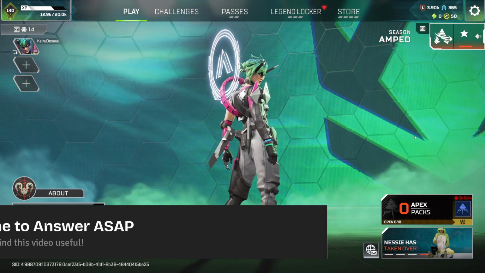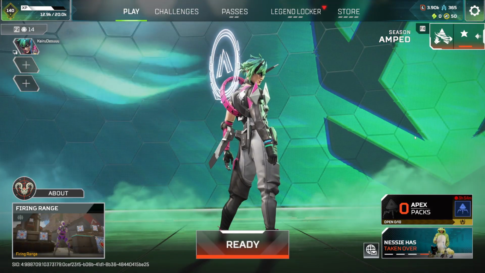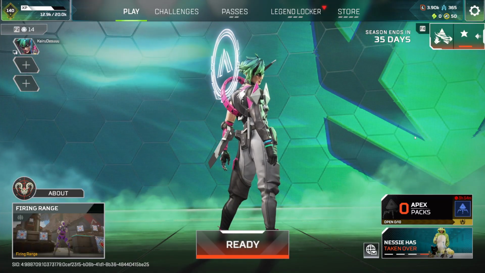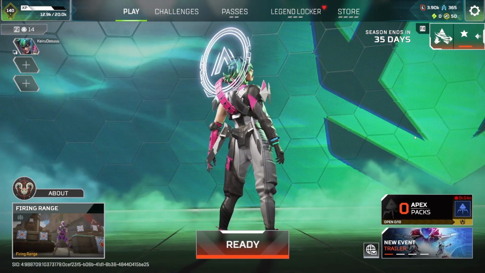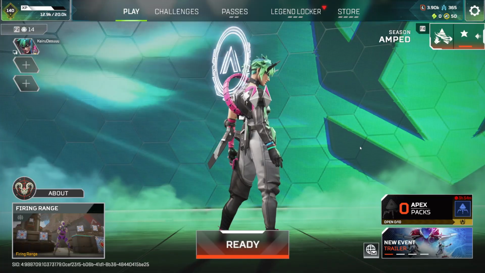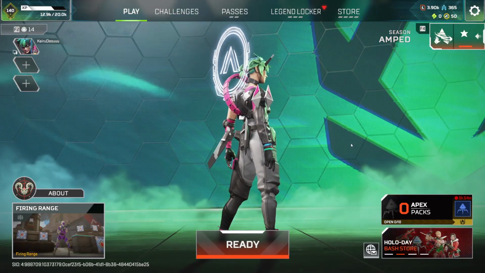Here is how to change FOV in Apex Legends. FOV stands for Field of View, and it either makes the gameplay for you better or worse, depending on your playstyle. What you have to do first is load up your game, and once you're in the lobby,